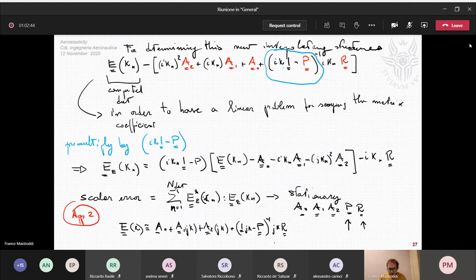The interesting point is that if we know now your interpolated aerodynamic matrix on the imaginary axis, we can expand the domain, and this is important. We can now expand our